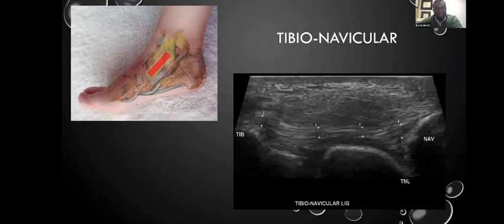And one of the things about ultrasound is that you have unlimited scanning planes. Even with MRI, you have to think ahead and try to identify a certain scanning plane or get some sort of 3D images. With the much more advanced MRI images now, it might be easier to get the images in different planes. However, with ultrasound, it's very easy. If you're looking for the tibionavicular ligament, you can just find that ligament that goes from the tibia